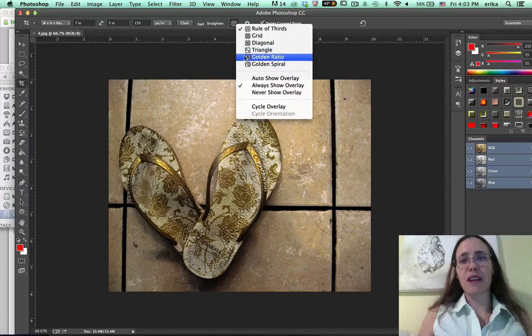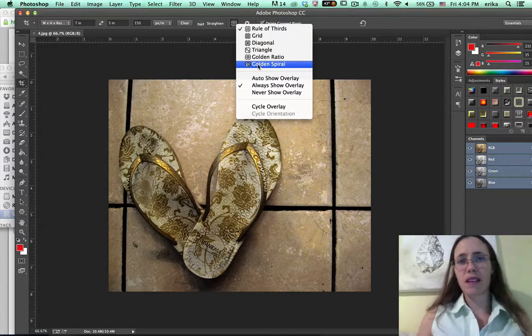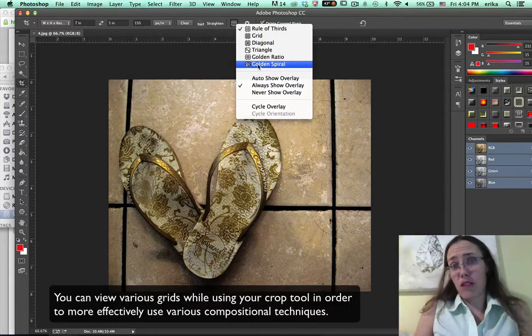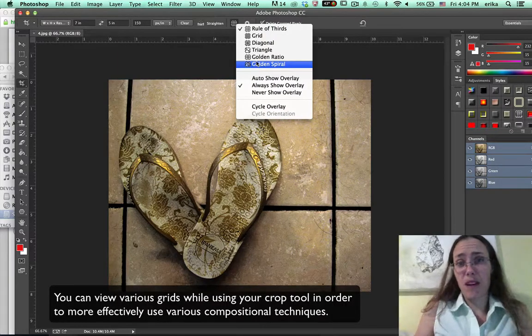Here you can see different kinds of grids over this, so this helps in composition as you're cropping. This is fairly new, I think, in Photoshop too. These were not always there since I've been teaching. And